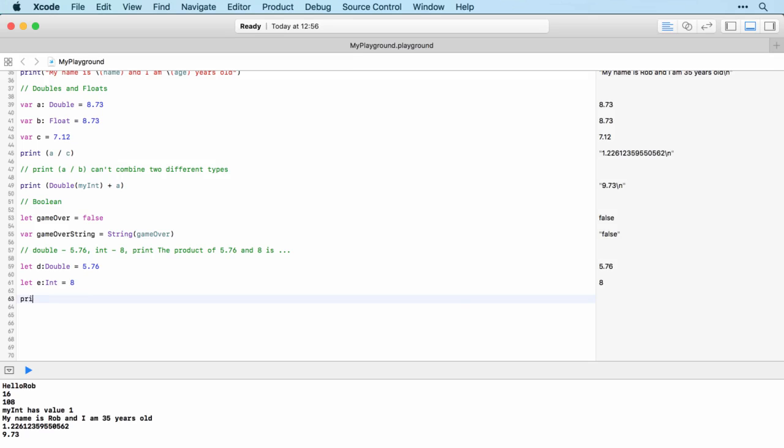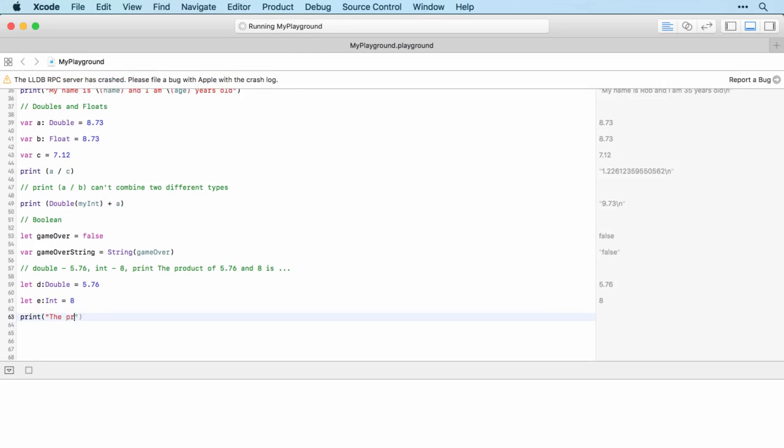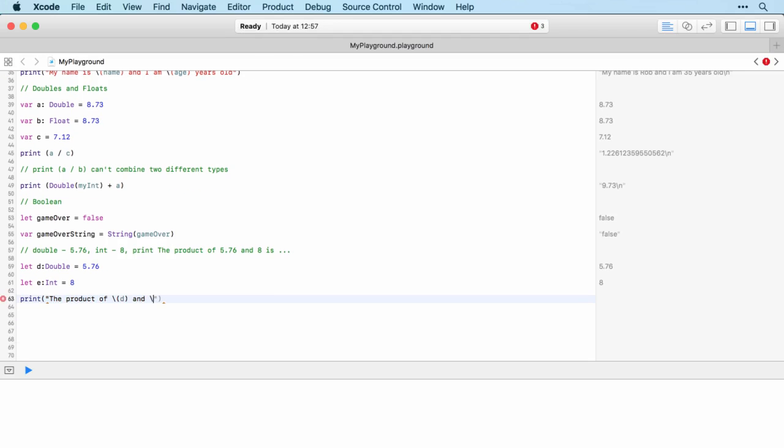And then finally, we're going to print the product of, and we'll get the 5.76 by using backslash and then brackets D, and backslash and brackets E for the integer. And we'll set that equal to,